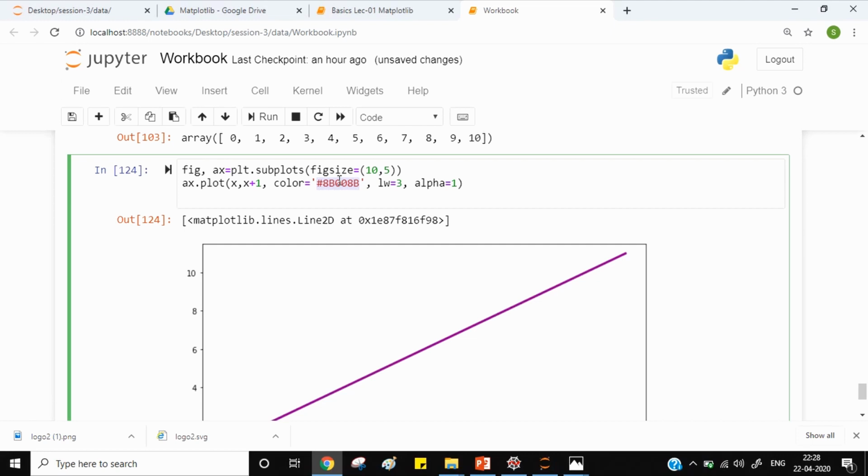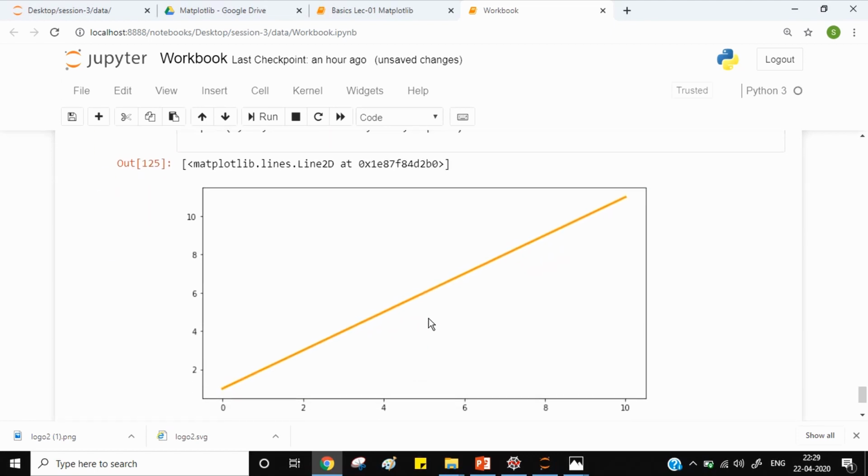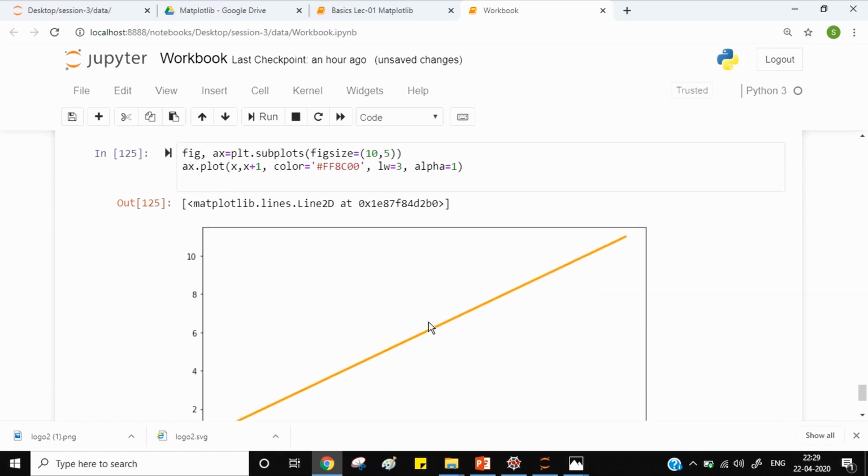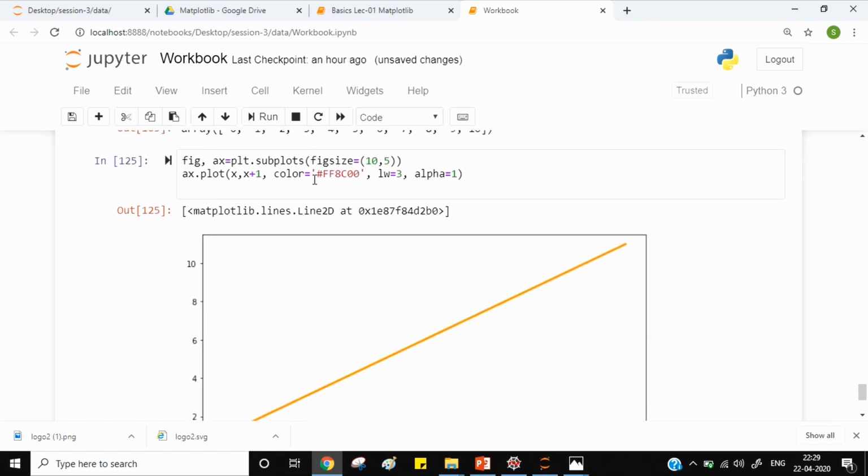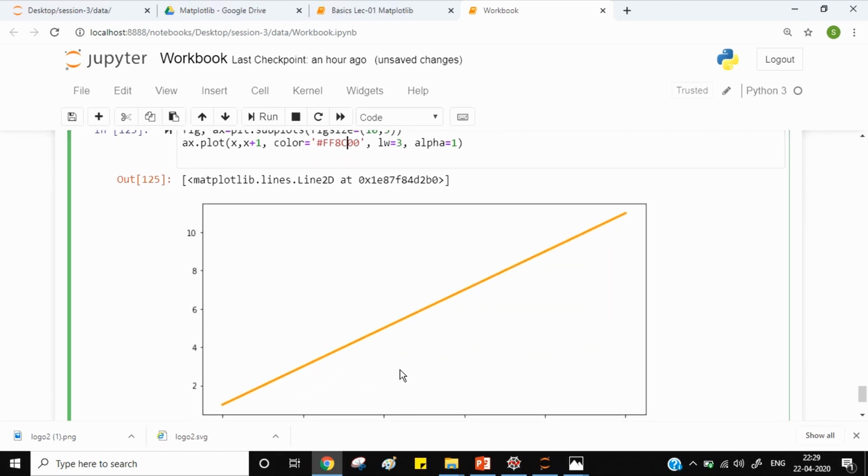This code coincidentally came out to be for purple. If I try another one, yeah, this is for some yellow color. So this is how you mention RGB hex code. Okay, so let's continue.